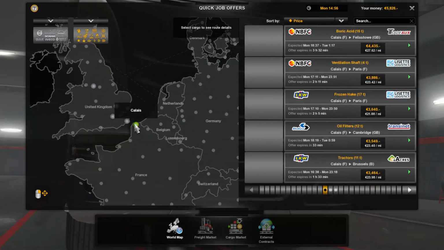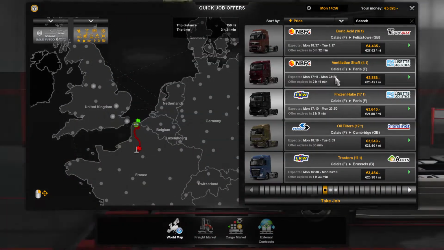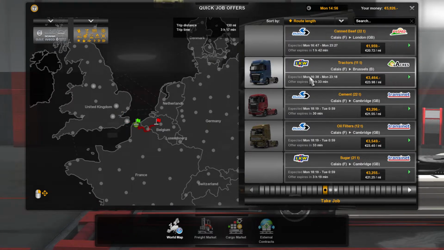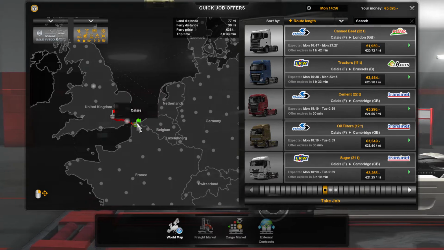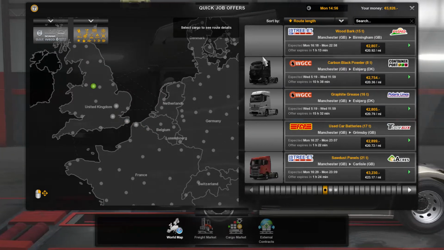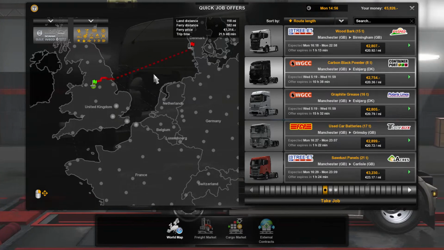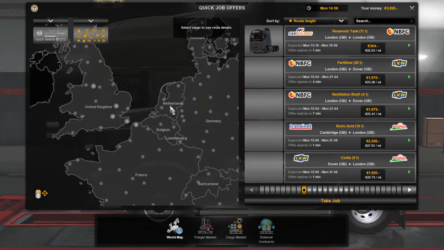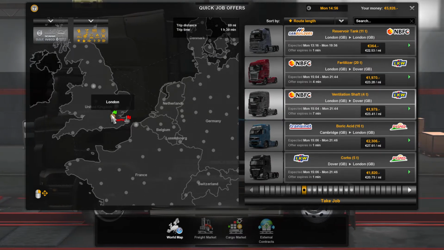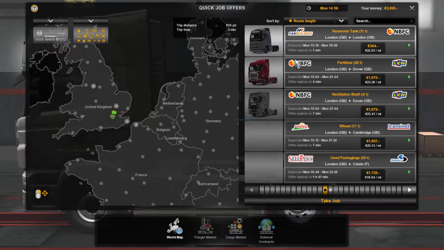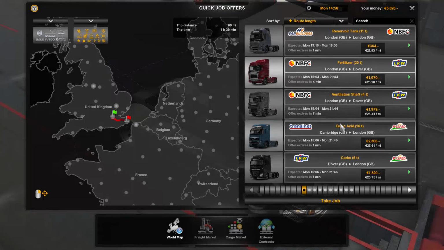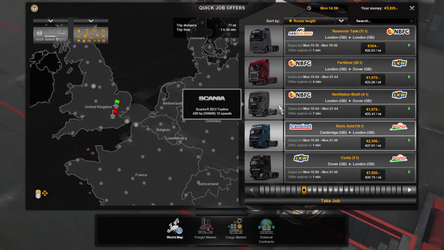Right, so, quick job. We now have Calais here. I am wanting to maybe explore some new parts of what we're doing here. So this is the journey back. I might not do the journey. I don't know how I've discovered Manchester. Also, there's a trip going to Esbjerg. How is that so short? I guess it's the ferry. It's the driving distance that counts. So this is the shortest trip on the entire map right now.